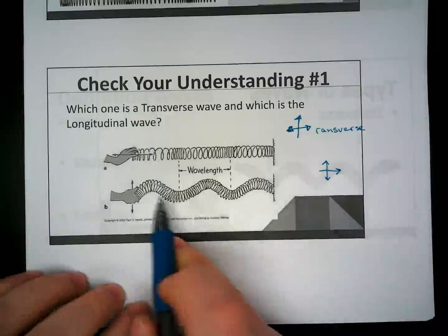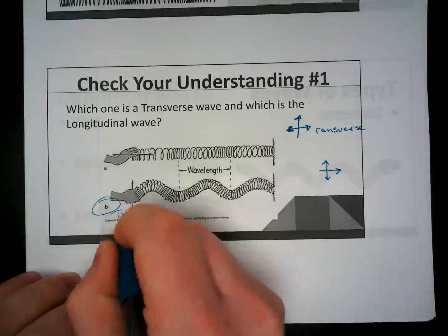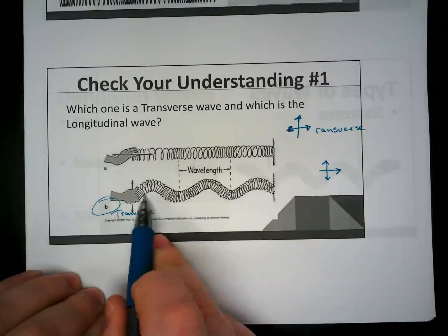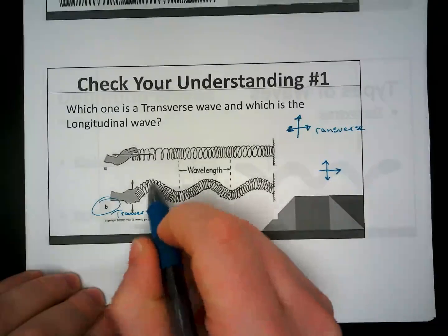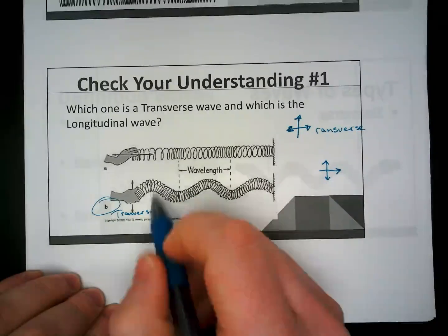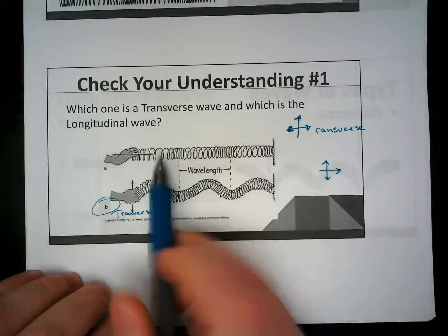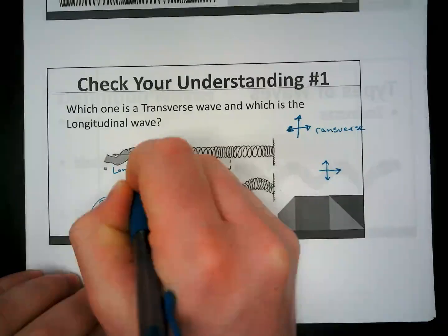So which one does it do here? Well, I'm going to say B. So B right here is going to be my transverse wave. And I see that because these waves are almost seemingly bouncing up and down, but also moving in this direction. And that's going to leave A here to be my longitudinal. Now longitudinal